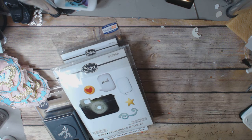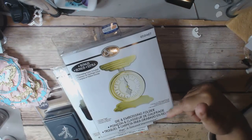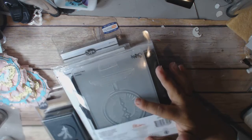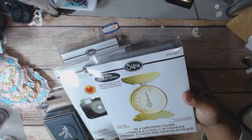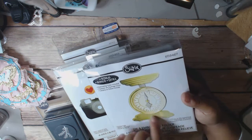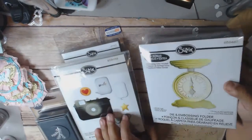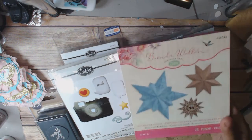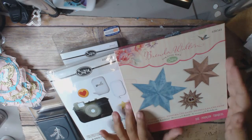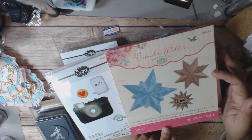And then, to reach down here, I got this one, which is this vintage scale. And then it comes with the embossing folder to make the scale portion. So obviously you don't need to use that. You could do something else with the center, which is probably what I'm going to do. But it was a really good price, so I did get that. And I just love the packaging. I have a bunch of Brenda Walton, but these are